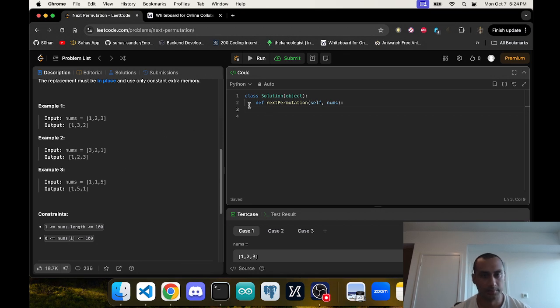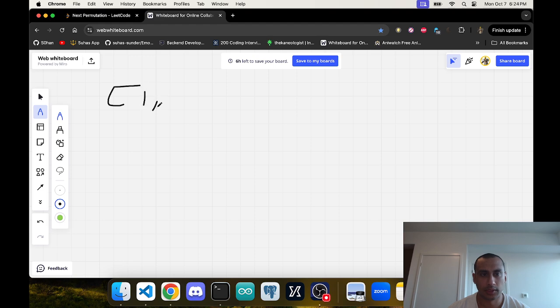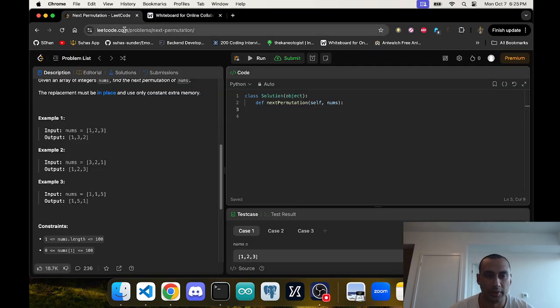Okay, so next, I have my nums array. Let's take, for example, 1, 2, 3. How would I turn this into 1, 3, 2? Let's say I have a pointer at 1, call it P1, and then let's go P2. I would have to make a pointer for each one. That's the only thing that's kind of